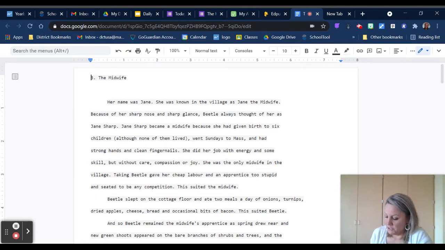She slept in when she could, her own unwashed, unnourished, unloved." This is a description of the main character. That usually happens, like I said, when the characters are introduced during the exposition. And so as long as the narrator is standing outside of the story and telling it from the third person point of view, we can tell, because the narrator uses such words as she or Beetle, Brat, the midwife's apprentice.